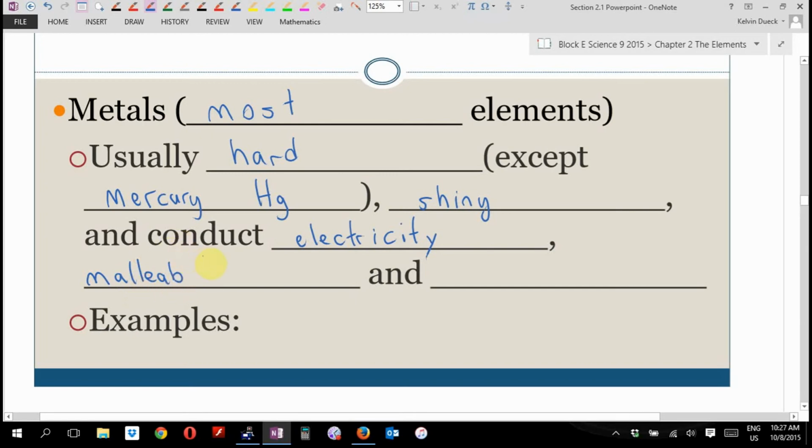Malleable, M-A-L-L-E, able. What that means is, and you may have noticed, with metals, you can, if you're careful, bend them. They're shapeable. Okay. Non-metals, if you try and bend them, they break. They're brittle. And